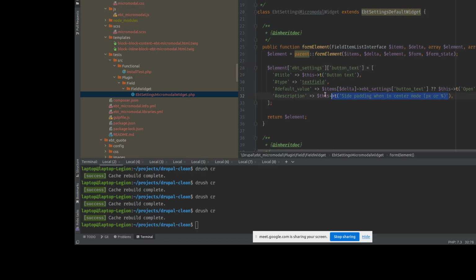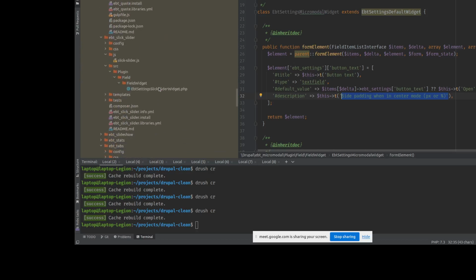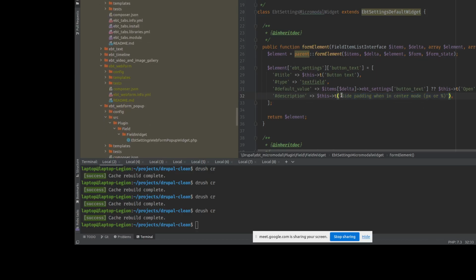Where I copied quote mod. Okay, never mind. Button text for micro model button. We also can provide ability to display this micro model pop-up on page loading,